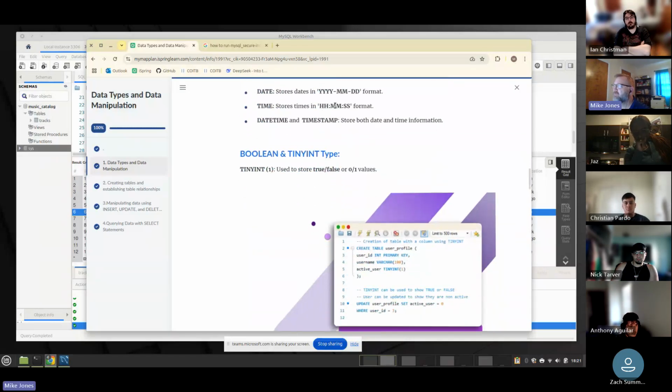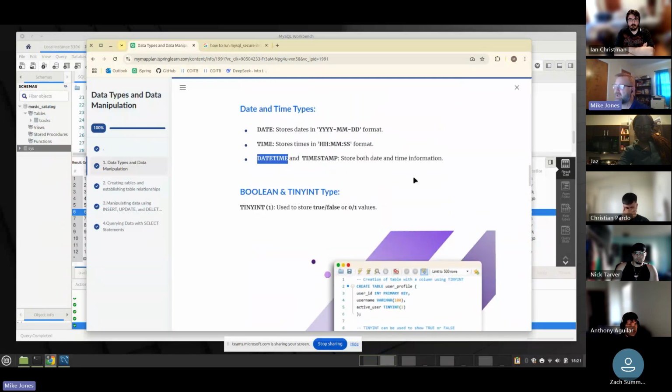Time stores it hours, minutes, seconds. You can get actually a little bit more precise than that if you want to. And then a date time and a timestamp, they both store date and time information. A date time field will be date and time together, like 2025, 04, 15, 19, 21, 03, for 7:21 p.m. A timestamp actually generally stores it in what is known as a Unix